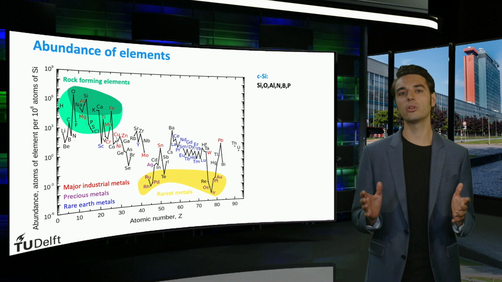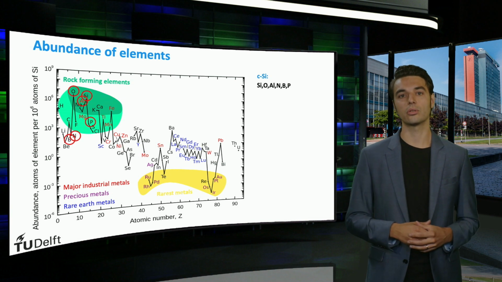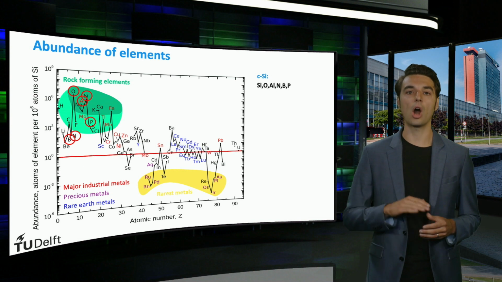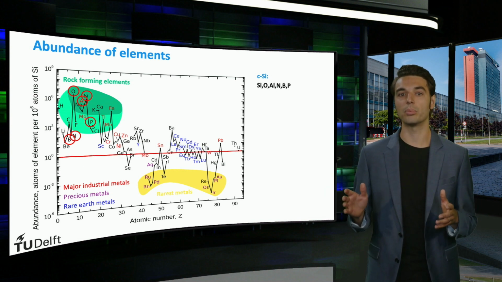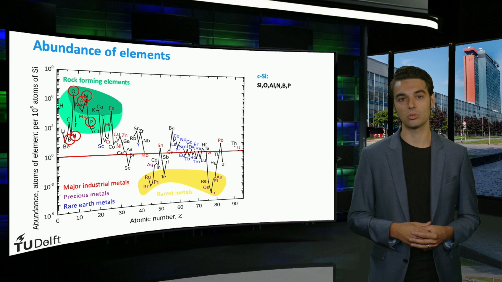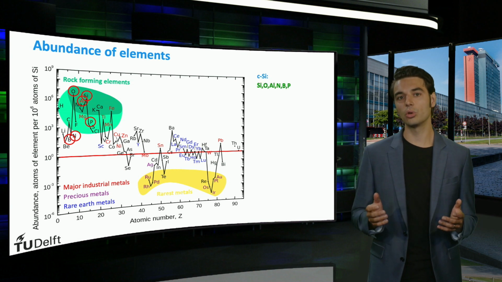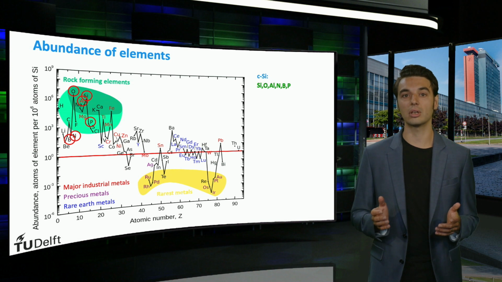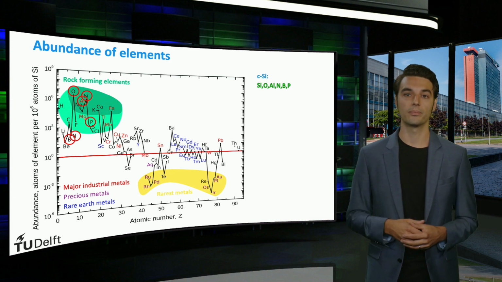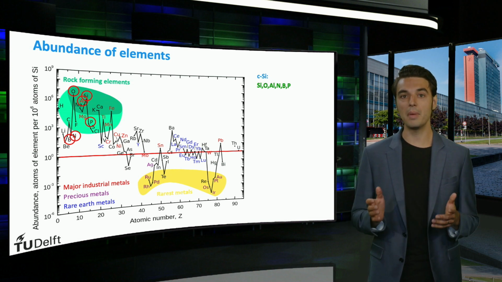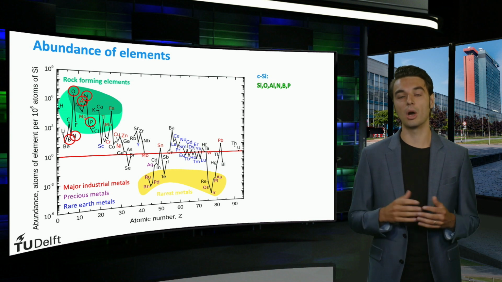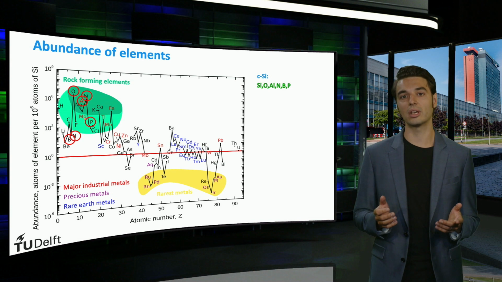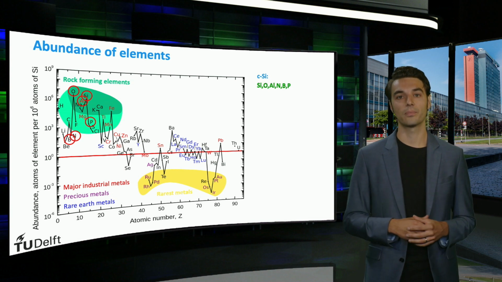So how about the elements used by crystalline silicon solar cells? Just to get an idea of the relative abundance, we can draw this arbitrary line at 1 atom per million silicon atoms. All the elements used for crystalline silicon are well above this line, and none of them are toxic, rare or precious. This is one of the major reasons why crystalline silicon is the dominant technology in the market. The research and development of crystalline silicon has been going on for decades.